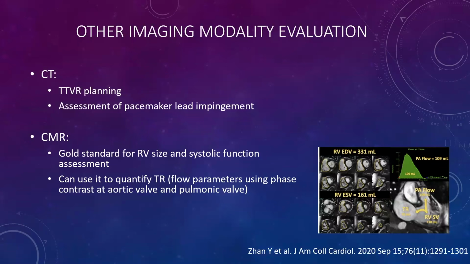And then cardiac MRI is important as well. It may not be available at all of the centers that you work at, but it is the gold standard for RV size and systolic function assessment. And so especially if it's not clear from the transthoracic images, or if you need better quantification, it may be worthwhile to consider a cardiac MRI from that